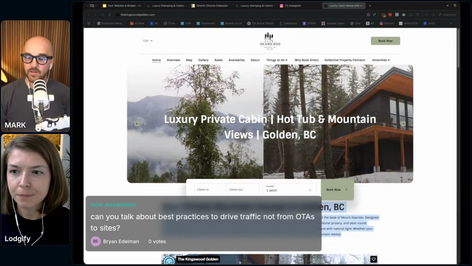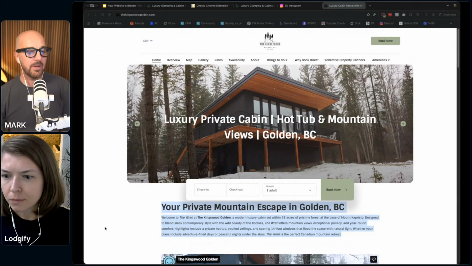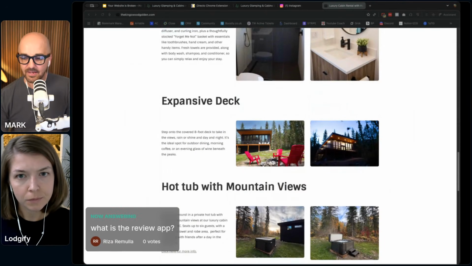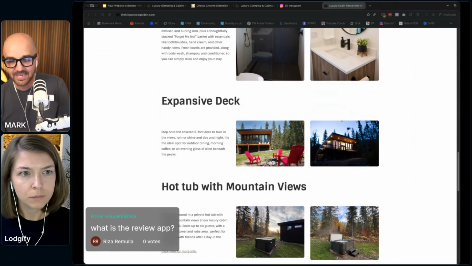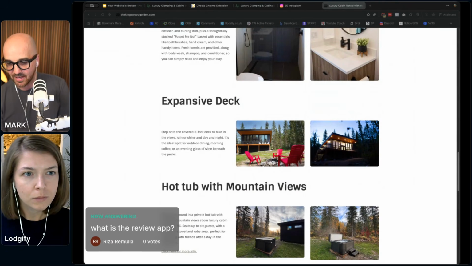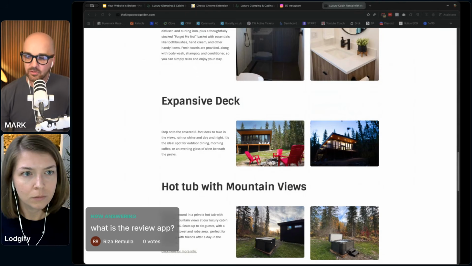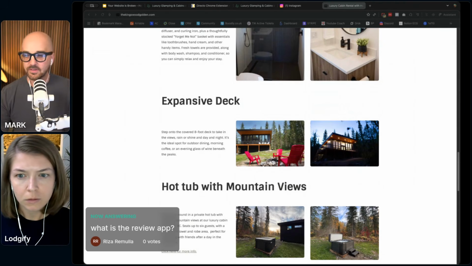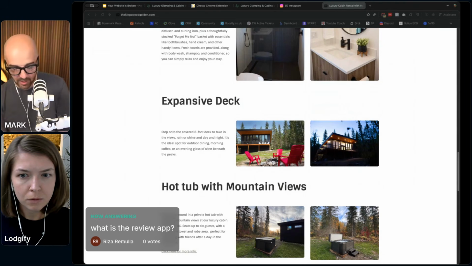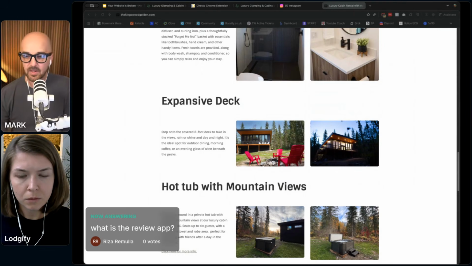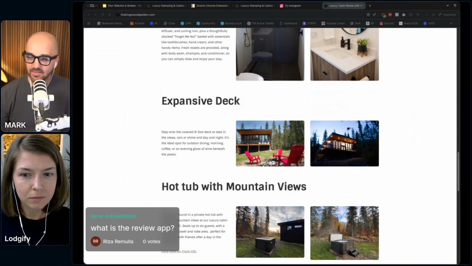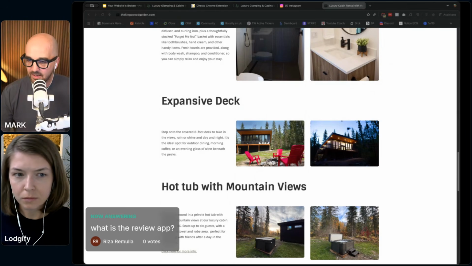So the next question is, what is the review app? Well, there are a couple. We use one called Elfsight. I'm probably pronouncing it wrong, but it's E-L-F-S-I-G-H-T. That is a tool where you can plug in your Airbnb reviews, Booking.com reviews, etc., and put them onto your site. There's another one called Revyoos, R-E-V-Y-O-O-S. They're all cool as well. And I realize I'm putting them in as questions and not in the chat, so let me type that in here.